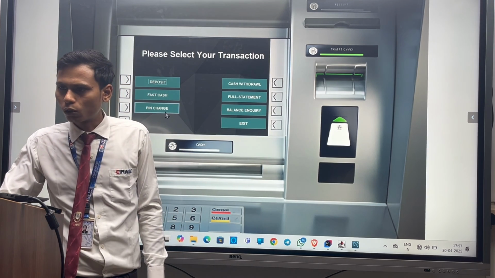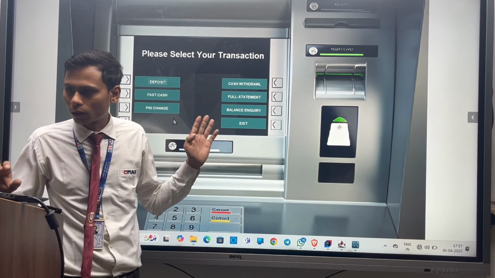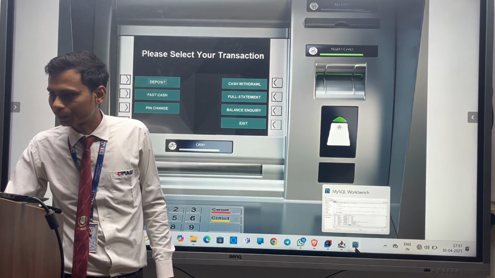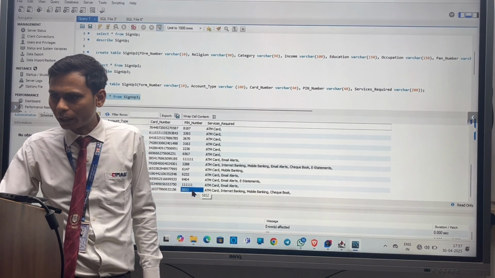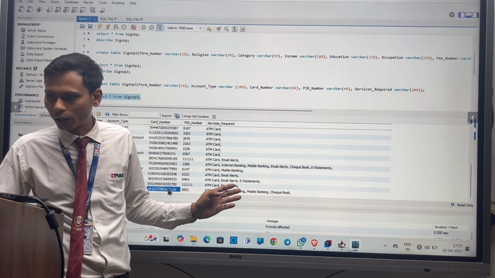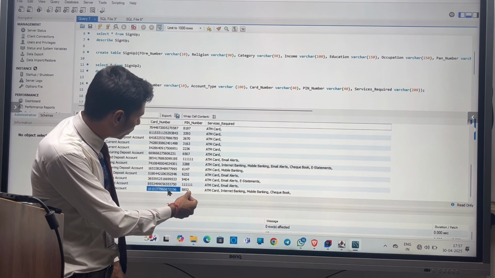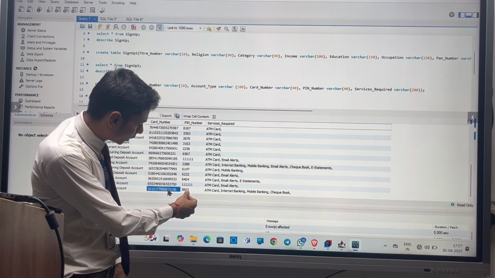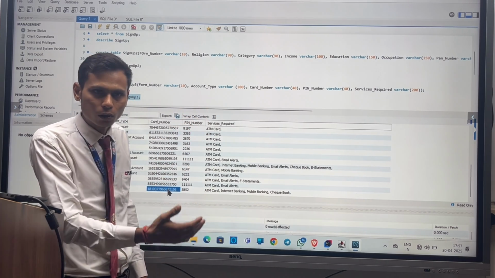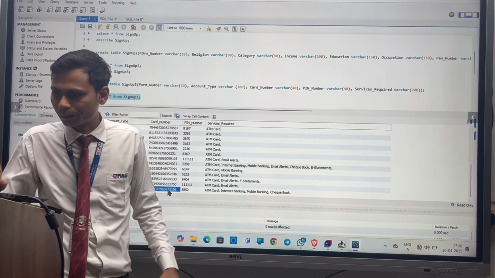Okay, so let's see the current account that we have just created. Let's see all the details of it first. Here is our current PIN, and our current card number is over here. Let's see whether it changes or not if we try to change it from our dashboard, from our main screen.